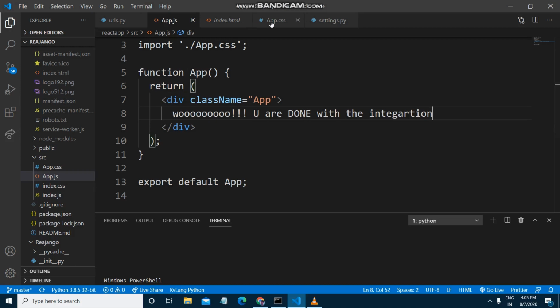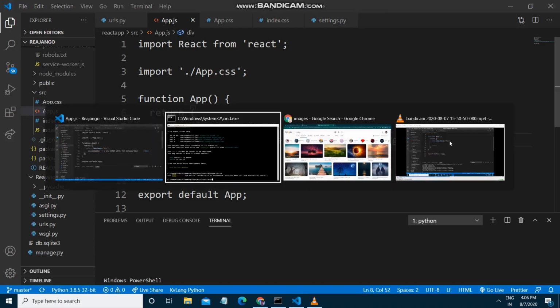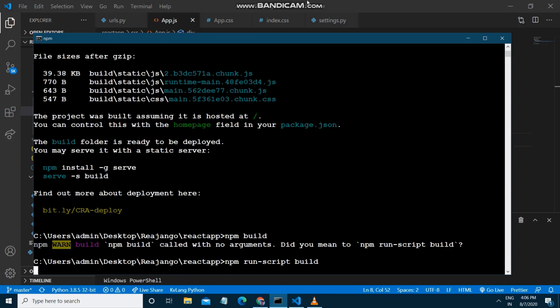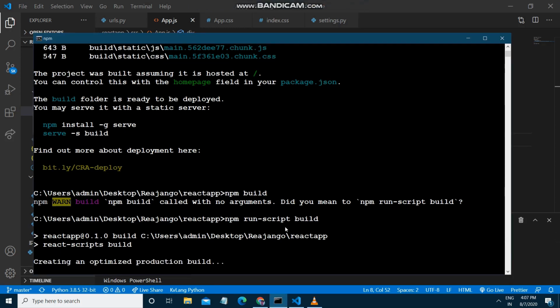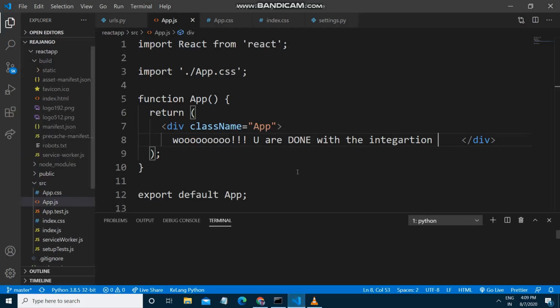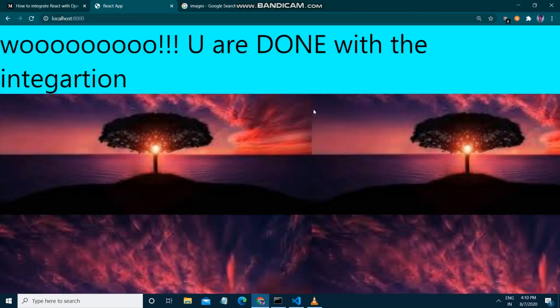And in App.css I will remove all of this. Then npm run build. Now it is working correctly. Let's refresh our React app. Whoa, we are done with our integration.